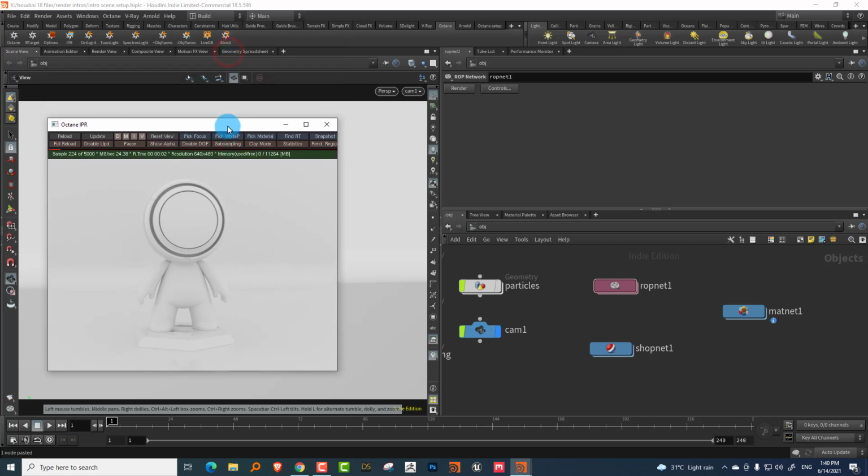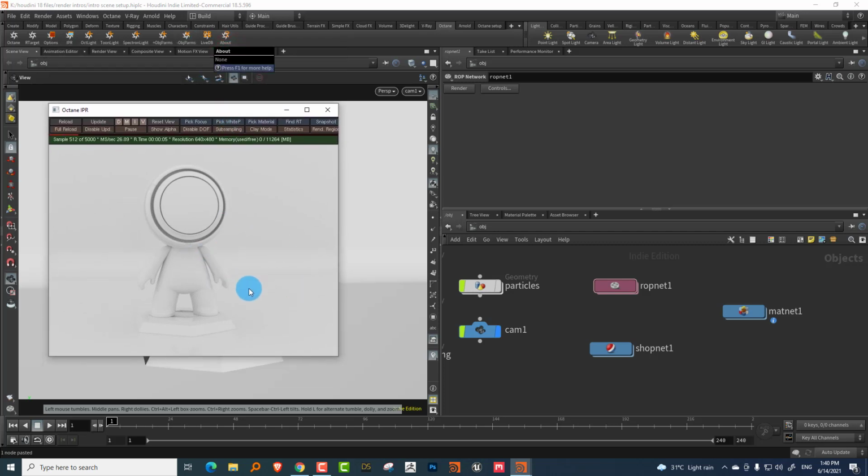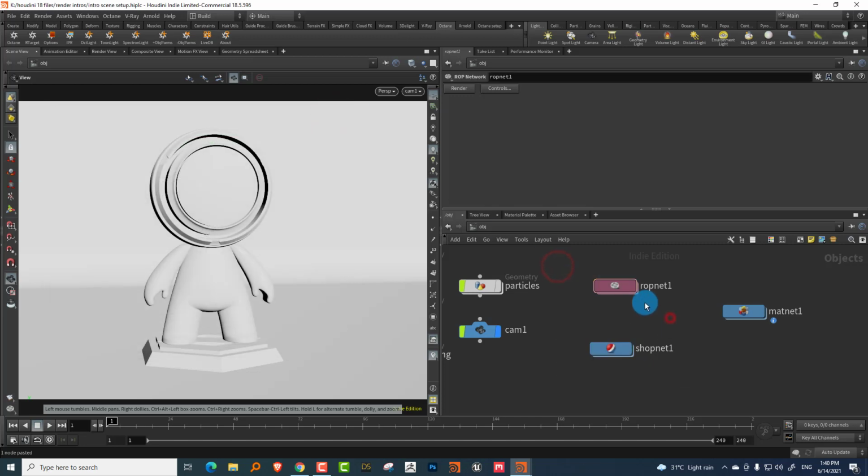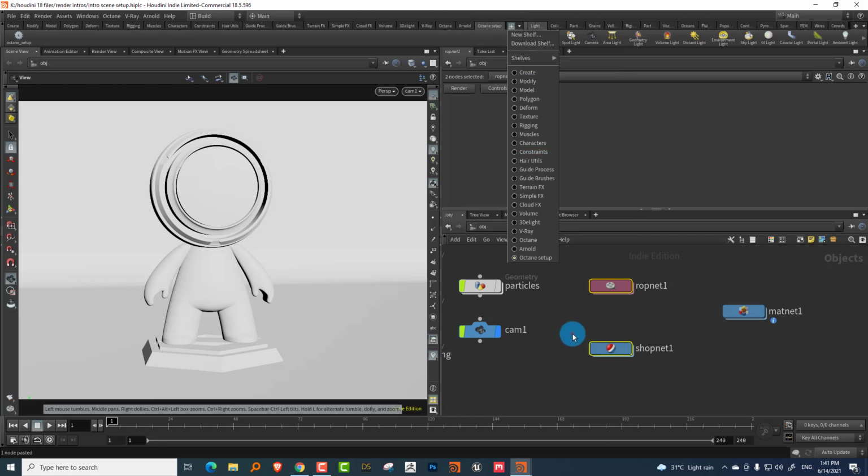Now this is the long way to do it, setting up your render. One thing you can do, which I've done previously, is take both of these and drop them on a shelf. You can create a new shelf, take both of them and drag and drop them on the shelf, and it'll generate a button out of it.